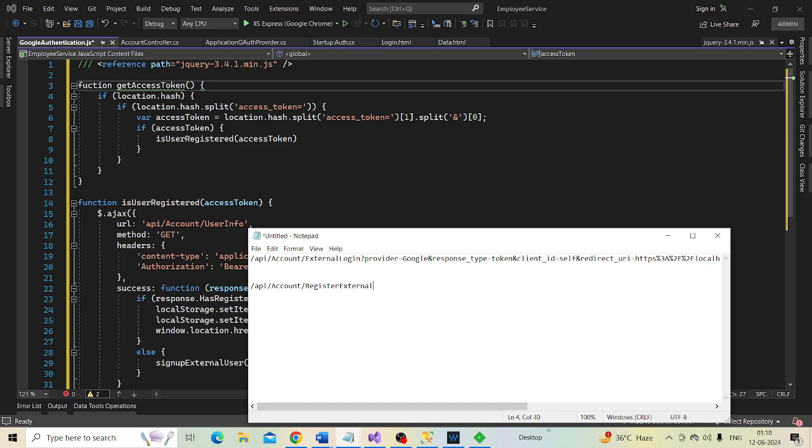To this URL, we need to issue a POST request. First, let's make a copy of this function.